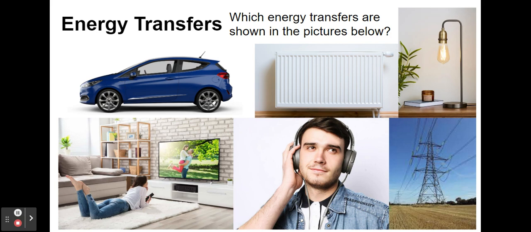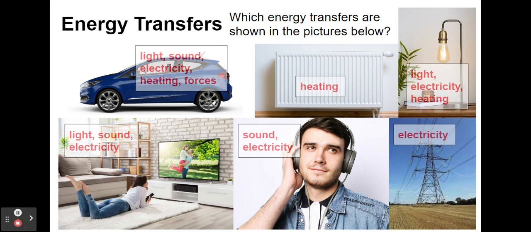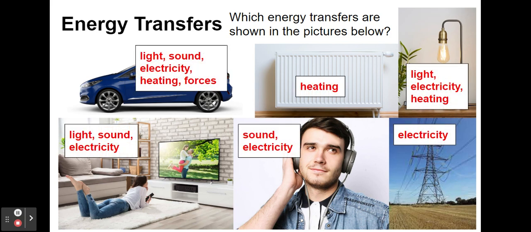So if we have a quick look and think about how we could transfer energy in each of these scenarios, think back to heating, light, sound, electricity, and forces. So if we go through these, in the car, there's obviously light, sound, electricity, heating, and forces. So it has all 5. I think the main one being forces. There can be forces applied by the engine, which make the wheels turn, which then makes the car move. You've got lights,